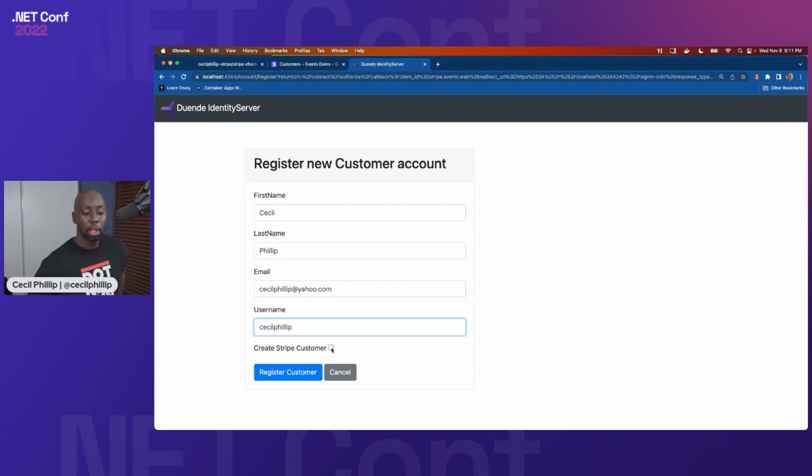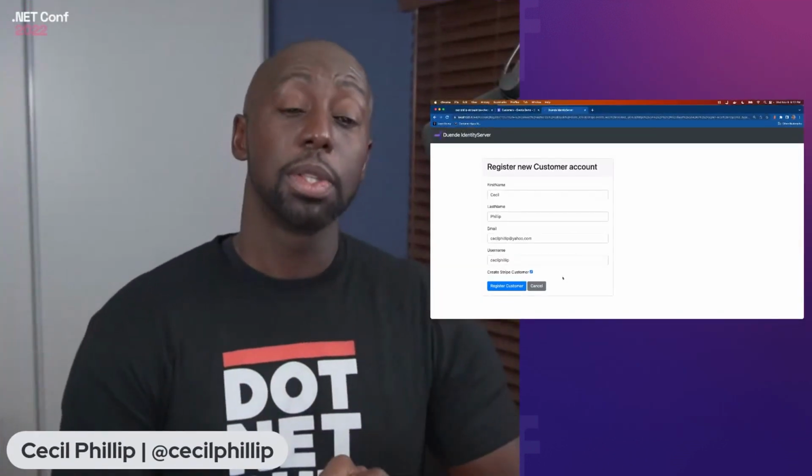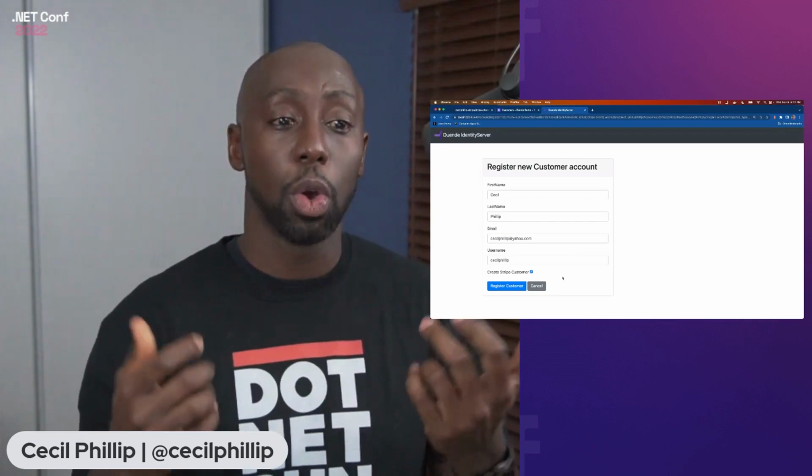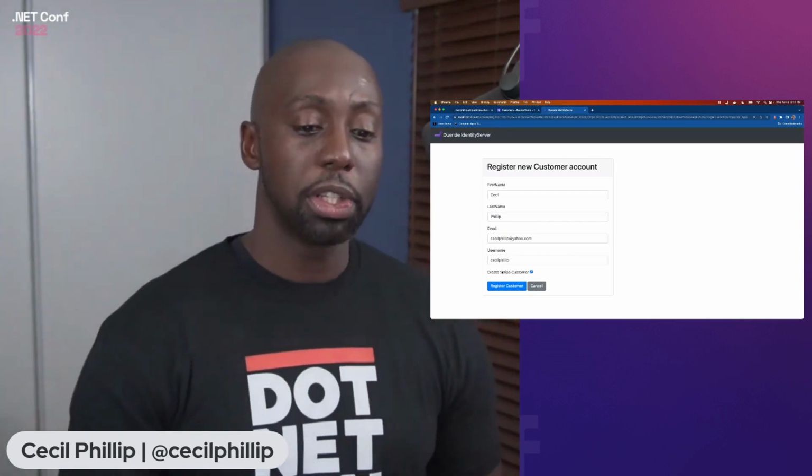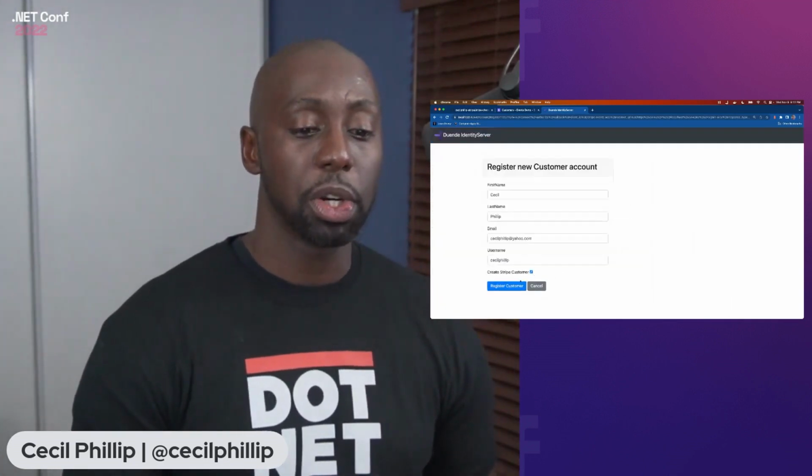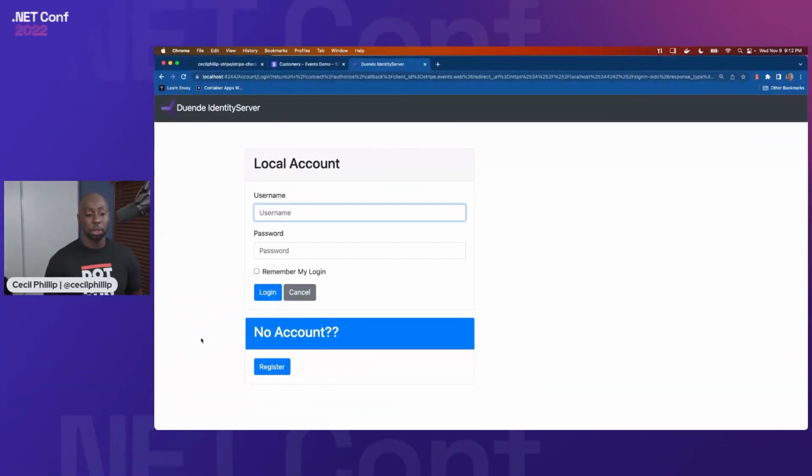Now, notice at the bottom here in this custom form, I have a create Stripe customer. Now, this form that we're looking at is actually, and some of y'all probably noticed, running an identity server. I've customized the experience inside of Identity Server to allow me to add some additional fields whenever I create a user. So this little checkbox I have here at the bottom, whenever I register a customer, it's going to create a user in my custom user database that I'm using. I'm not using ASP.NET Identity, but I have my own custom provider, so to speak.